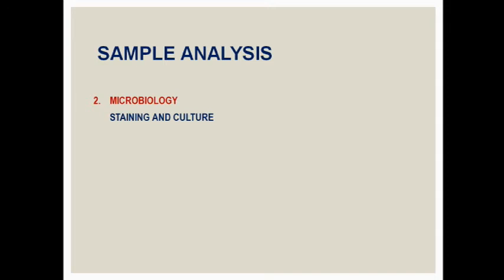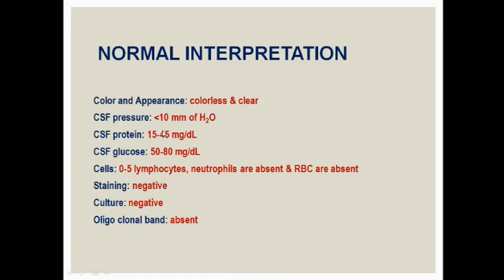And in microbiology, we subject the sample which we have collected in the container to Gram staining for the presence of bacteria, and we subject it to AFB, that is acid-fast bacillus staining, which is used for tuberculosis, and we also subject the sample to culture to look at antibiotic susceptibility. Then coming to hematology, we subject the CSF fluid to an automated hematology machine, which is going to tell you the percentage of neutrophils, lymphocytes, basophils, monocytes, etc. And it is actually cell count and microscopic examination.